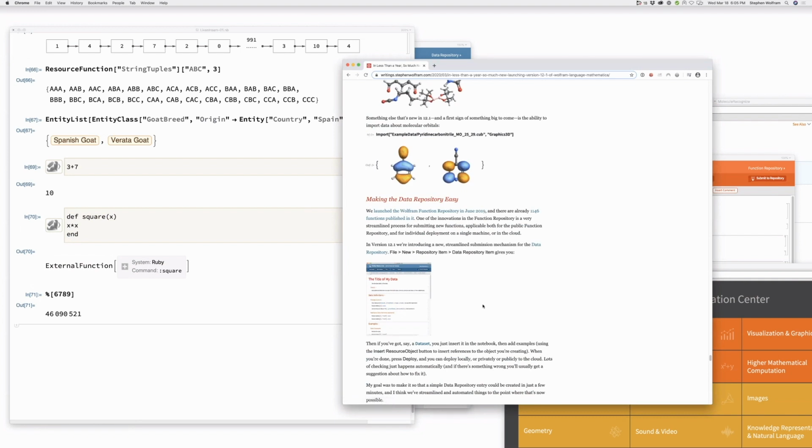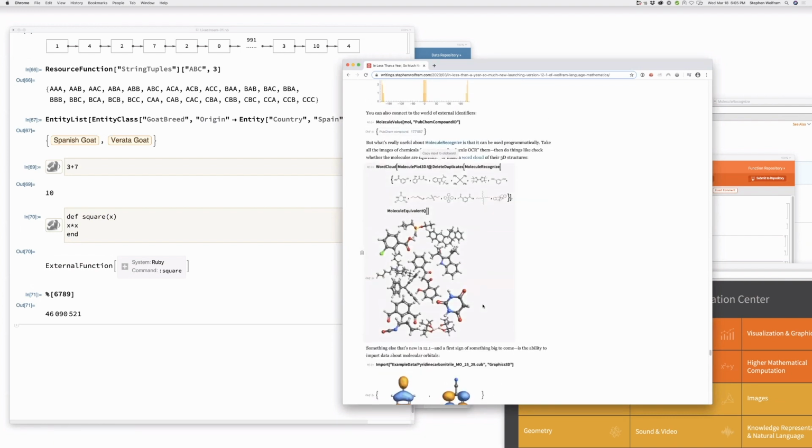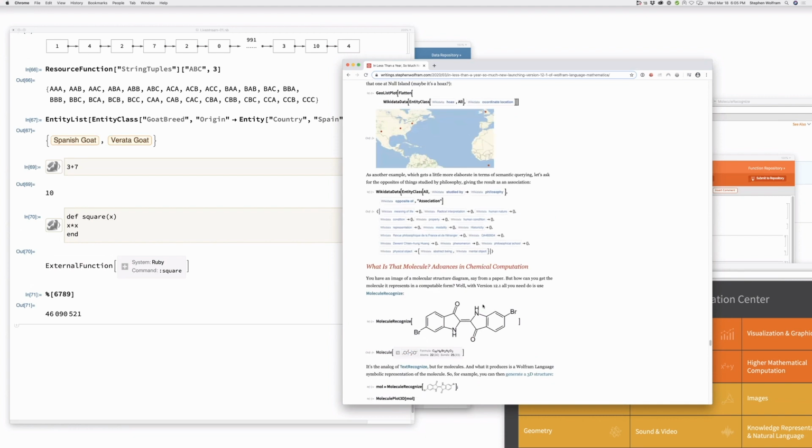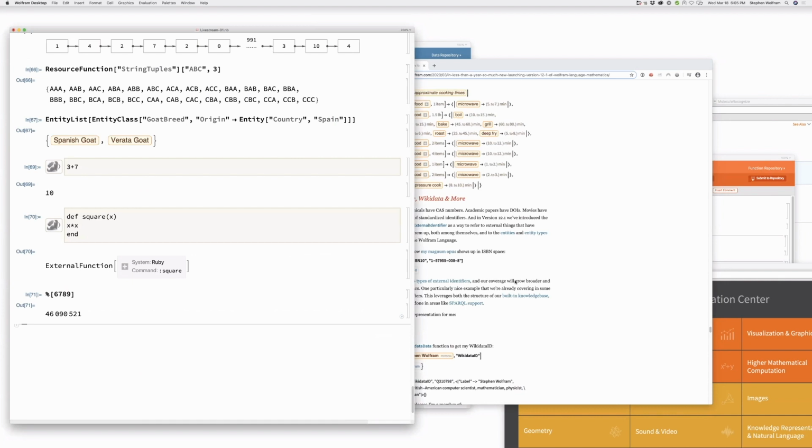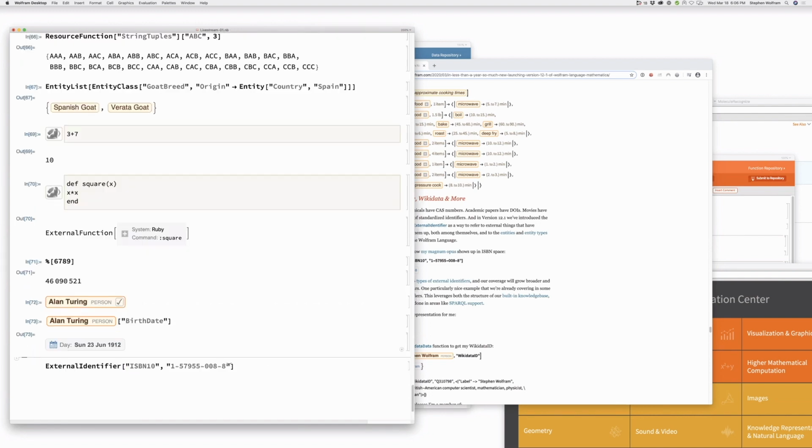Okay, last but not least, I want to just mention the one last thing, which is Wikidata data and the concept of external identifier. So we have a lot of ability to talk about entities. Let's say we can talk about, I don't know, Alan Turing as an entity, and that is a symbolic entity in our system. Okay, but there are external